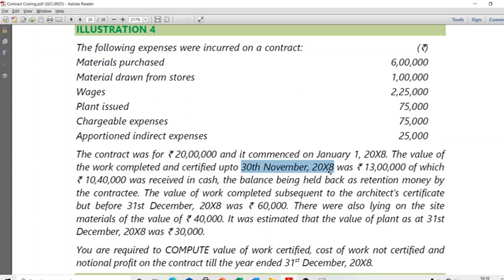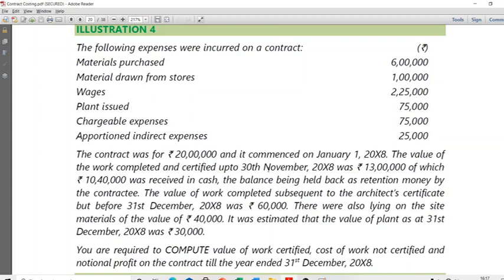Now, if that work has not yet been certified, the implication is that even though the work has happened, you should not recognize any contract price to that extent. You are recognizing 13 lakhs out of 20 lakhs, because the architect told you to recognize 13 lakhs. Actually, I could recognize something more than 13 lakhs, because 13 lakhs is only for the work done between January and 30th November 2018. What about the last month? I didn't sit idle, I was not plucking grass. I did some work. So I can in fact recognize more than 13 lakhs out of my 20 lakhs, right?